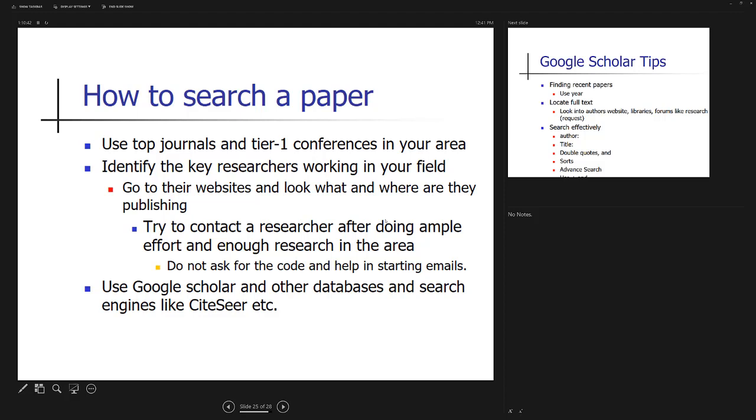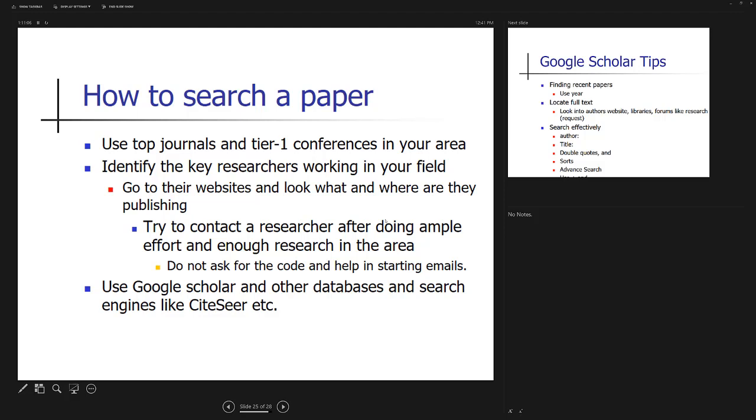Look, if a name reappears again and again, it means that is a guy working in this specific area. You may go to his website. You can find his most recent papers. You can also contact him. Okay? Go to their website and look at what and where they are publishing.